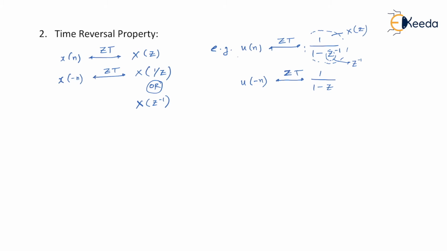Or in other words, I'll make you understand. Let's say u of n signal has Z transform, which we have already written as 1 upon 1 minus Z inverse, or we can write it this way, that is Z upon Z minus 1. In that case, u of minus n will have Z transform, as we know that you have to replace z with 1 by z. So I can say it is 1 by z whole divided by 1 by z minus 1. It's one and the same thing. And the same thing even happens with ROC also. So how does that affect ROC? Let us see. Let's talk about u of n again.